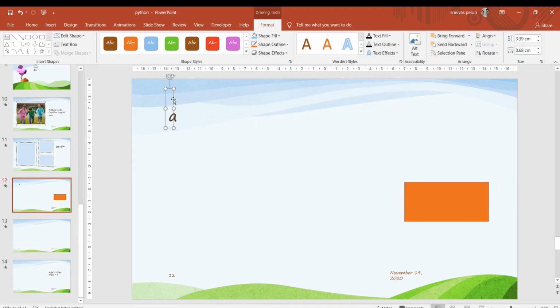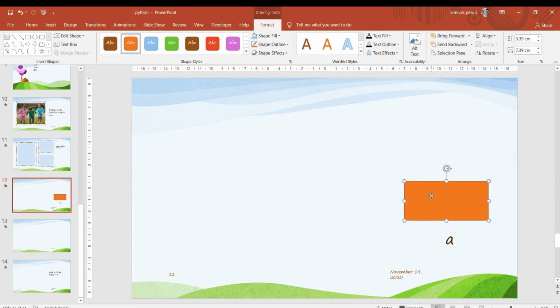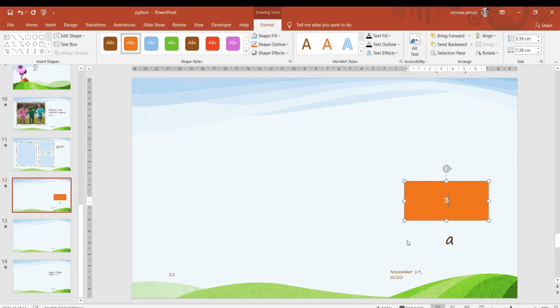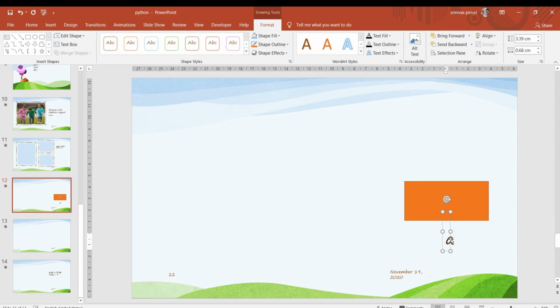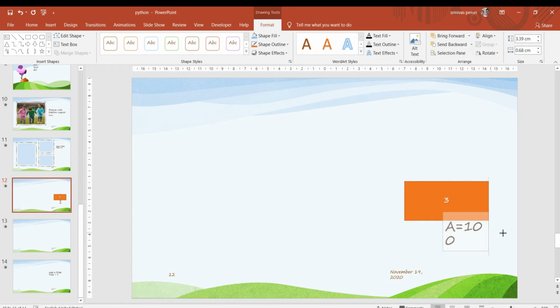This is our a, and in that we are assigning the value 3. Suppose a is at some particular location, say 100. It means the location of this number.